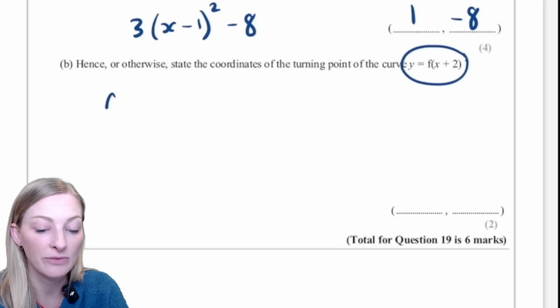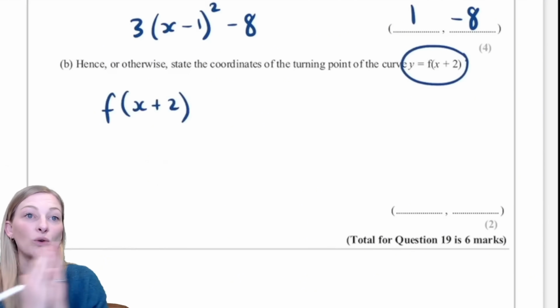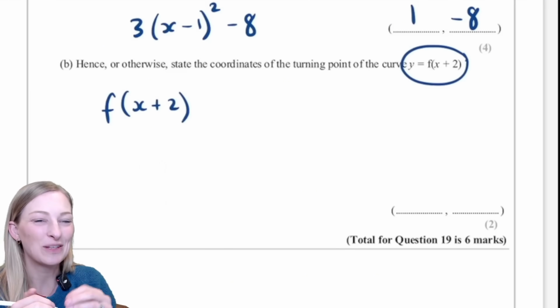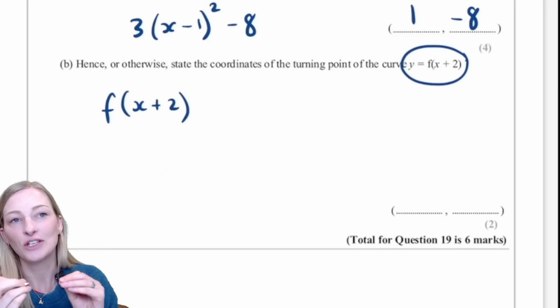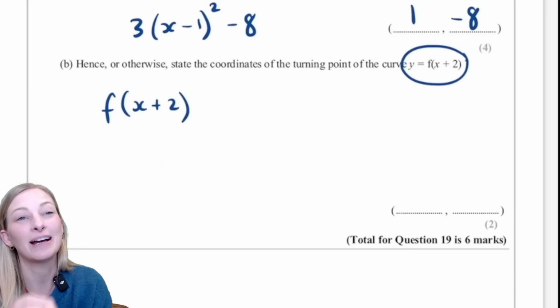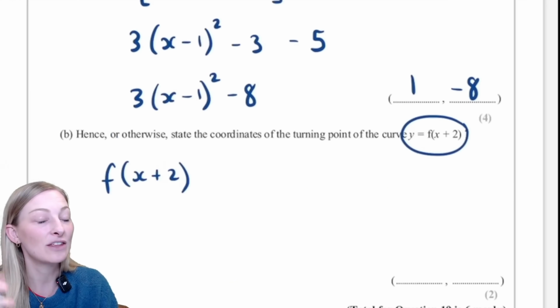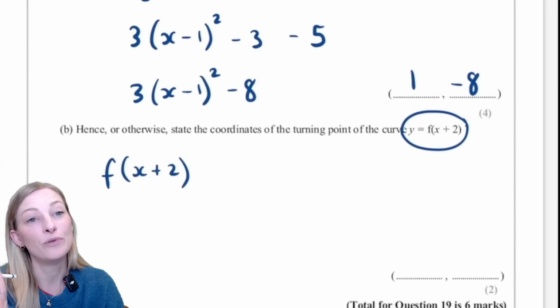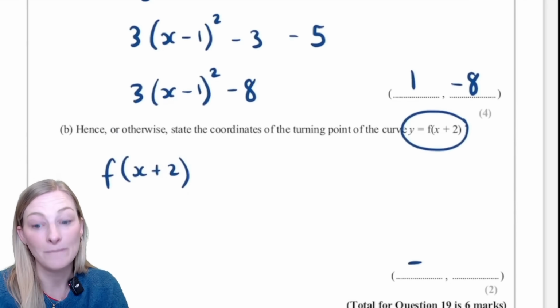So we know that from transformations of functions, anything inside the bracket is going to affect your x direction, and inside the bracket does the opposite of what you'd think. So you'd think that this would go right 2, but actually x add 2 inside the bracket goes left 2. So I need to take the coordinate 1, minus 8, move it 2 points to the left, so minus 1,